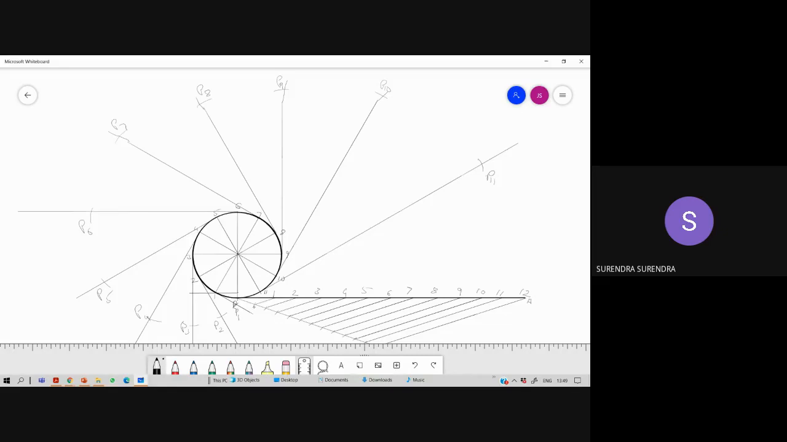Now again take the HB pencil. Why? Because it is a final curve. It should be again with the HB pencil. So now again with the HB pencil, starting from P,